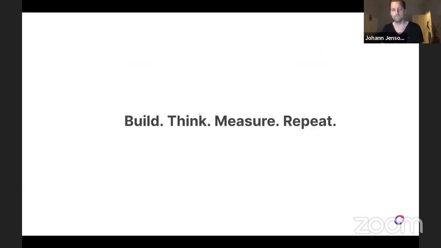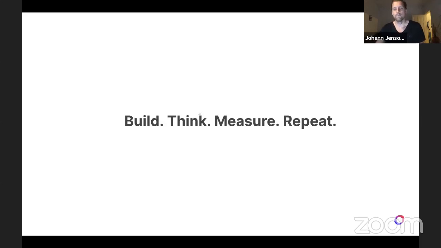Just to wrap up, I think it's important that sustainability is built into the product management lifecycle. Like with tech debt, you need to pay it down over time, and everyone knows what happens if you don't pay down tech debt. I think sustainability is the same, but for the whole world.